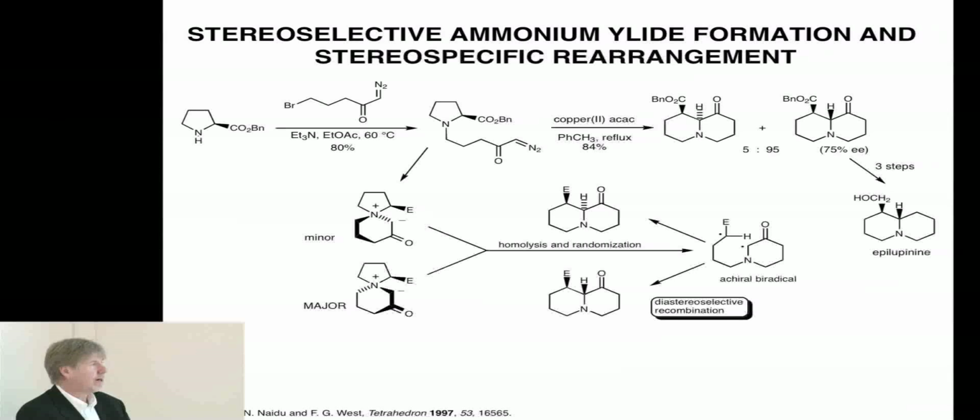Now this can recombine, and I think it should recombine preferentially to give this diastereomer based on simple sort of Newman projection steric arguments. And so this random mechanism to give a racemic product should favor this diastereomer. But look, 75% EE means most of it actually did go through that first pathway where we form this ylide